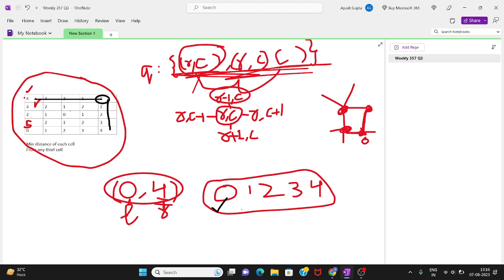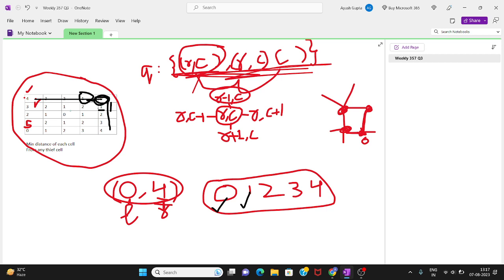Similarly, if I have a thief cell in the grid, then obviously all the neighbors of it have a value 1, because the neighbors are at a distance of only 1 from this thief cell. So these neighbors have a value 1.